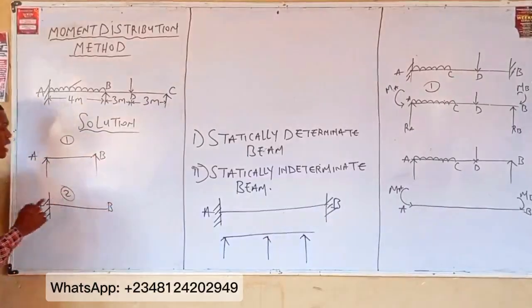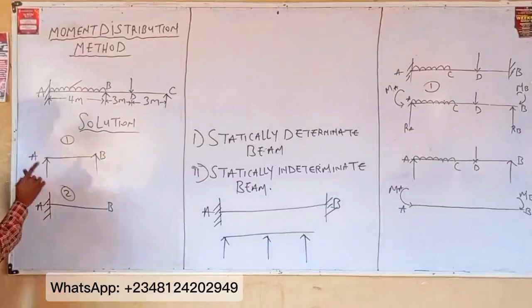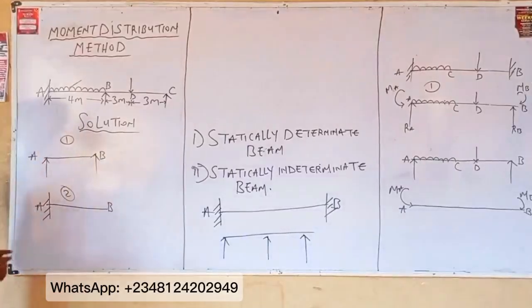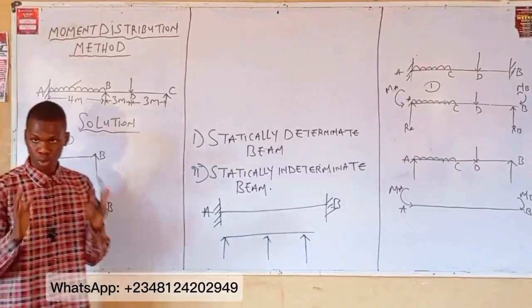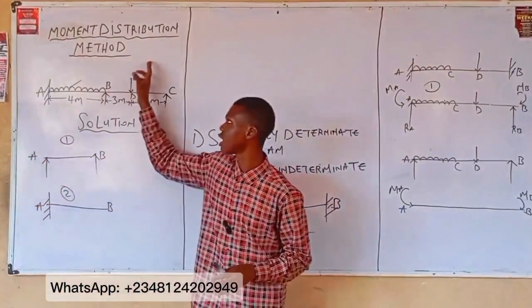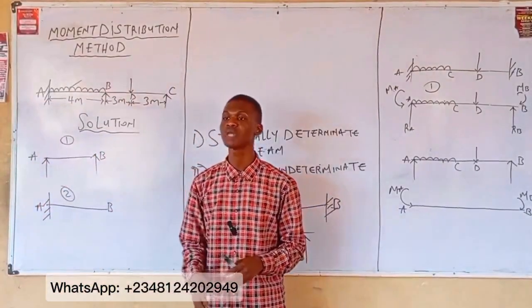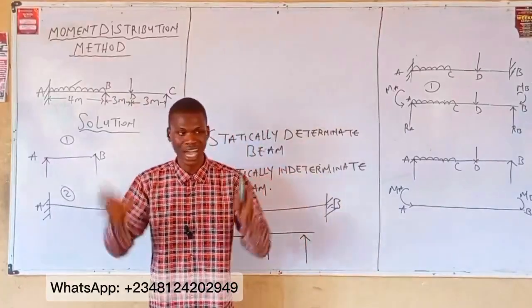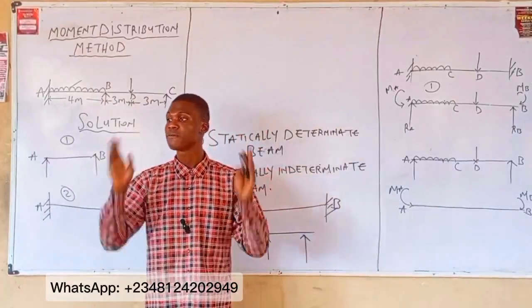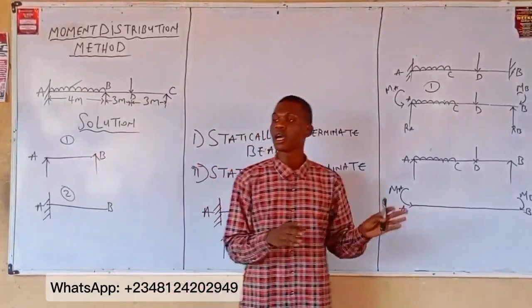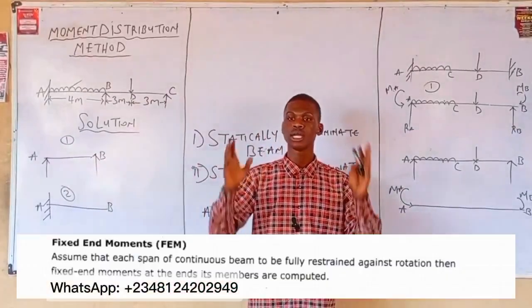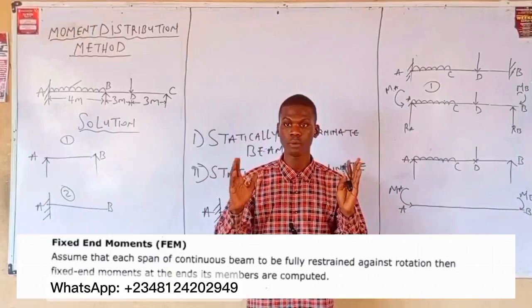For the first one, identify at point A and at point B, what type of support do I have there? I have a pin support. But as far as this method is concerned, you assume that these pin supports are fixed. So in general, you are going to assume the support of your beam as